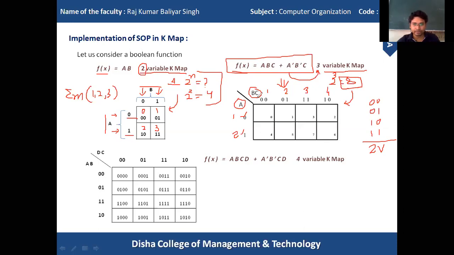So this implements the gray code. Later on we'll discuss why we are using the gray code for the 3 variable K-map. In a 4 variable K-map also we have to use the gray code for the row side.